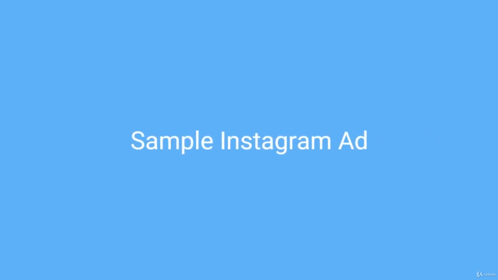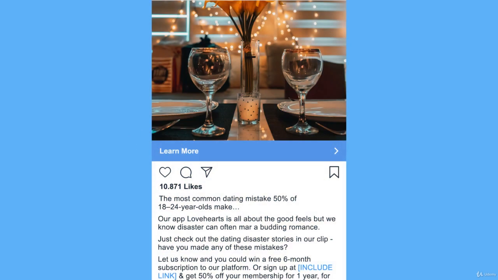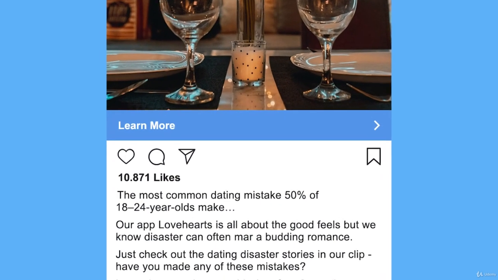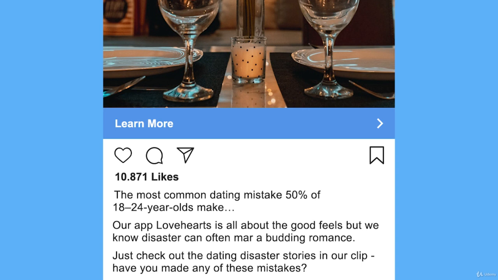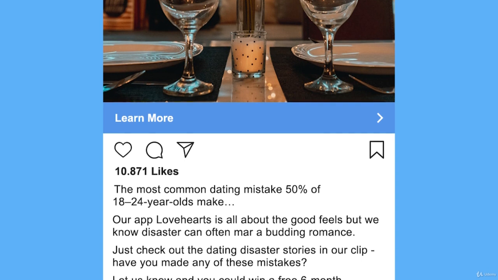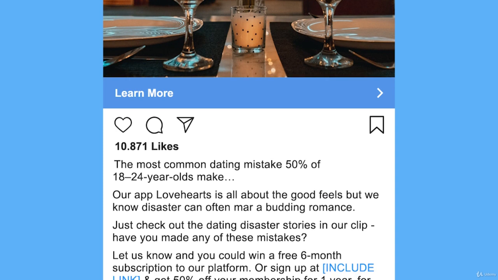Here's a sample Instagram ad. Step 1. Start with a headline that uses social proof or data. For example, the most common dating mistake 50% of 18 to 24-year-olds make. Step 2. Introduce your offer in a quirky way. For example, our app Love Arts is all about the good feels, but we know disaster can often mar a